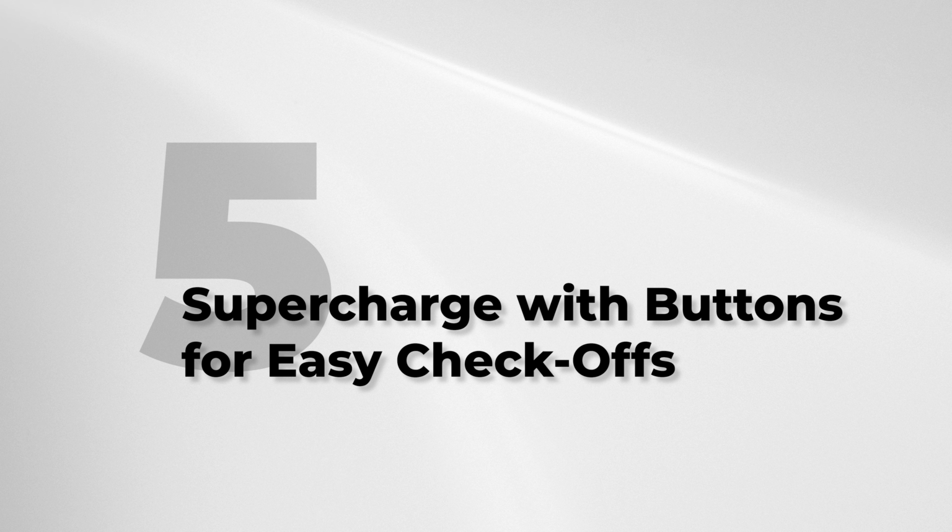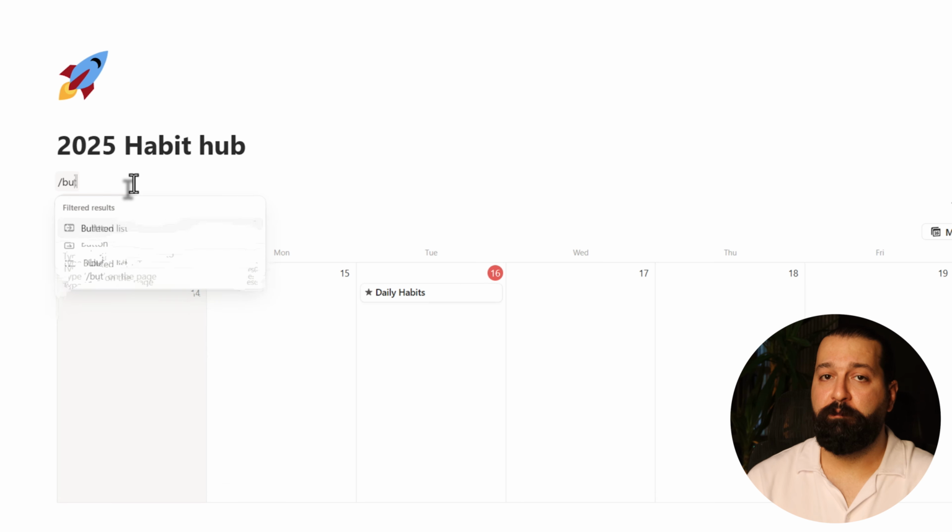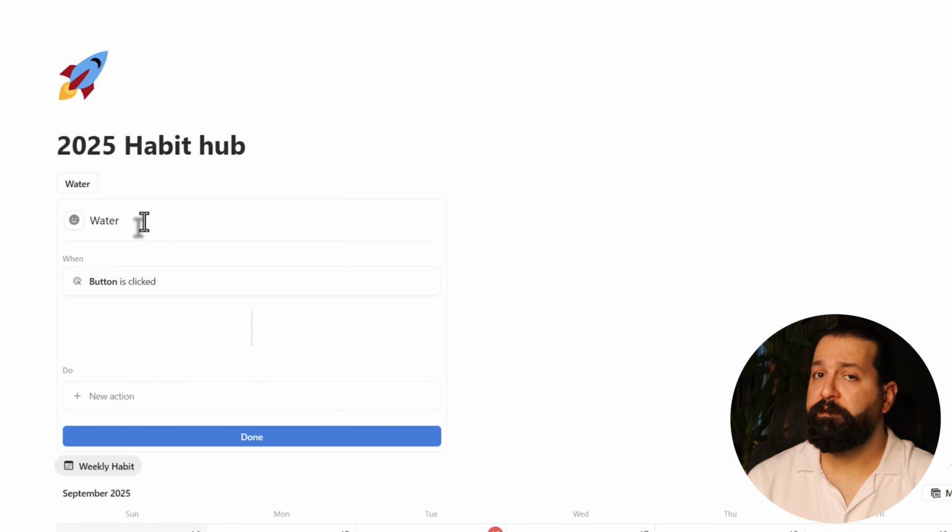Plus, it's a quick way to see if you're slacking on certain habits, which helps you tweak your routine for less stress. Step 5. Supercharge with buttons for easy checkoffs. Checking off habits on mobile can be a pain, so let's add a button to make it feel like an app. On your main page above the database, type /button and create a button for each habit, naming them with